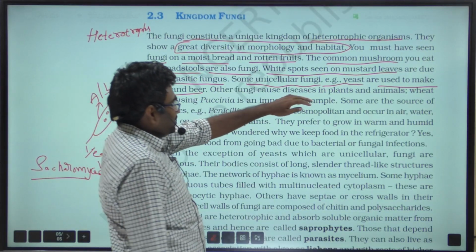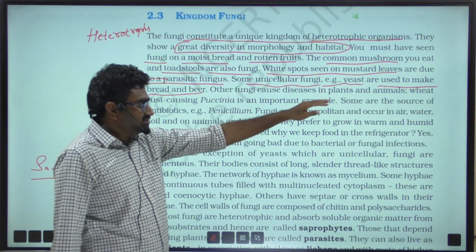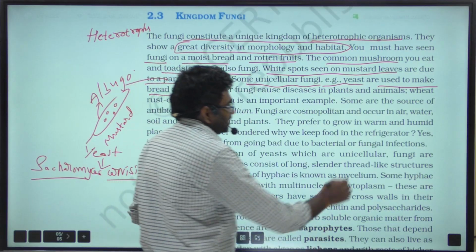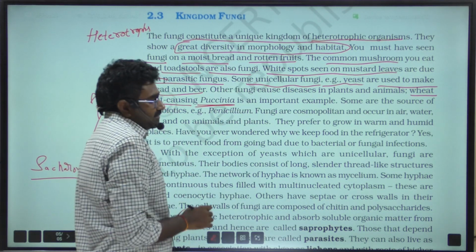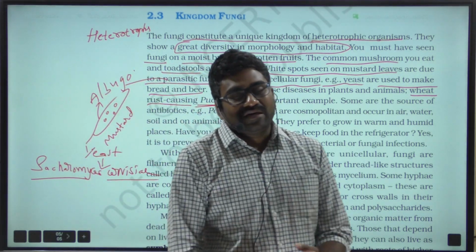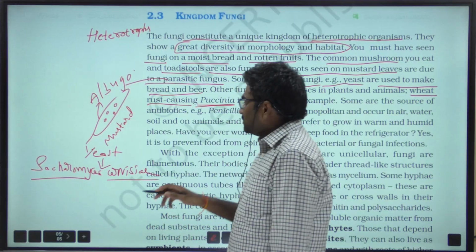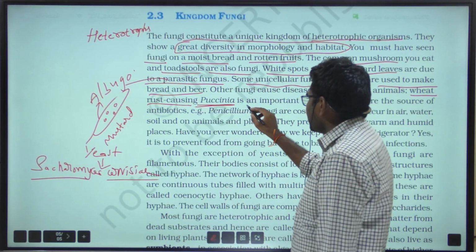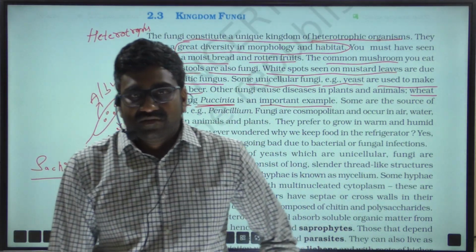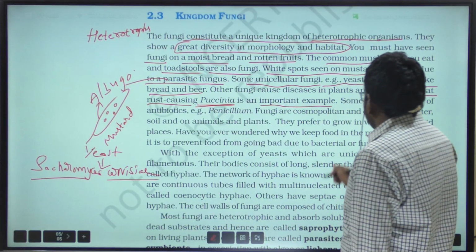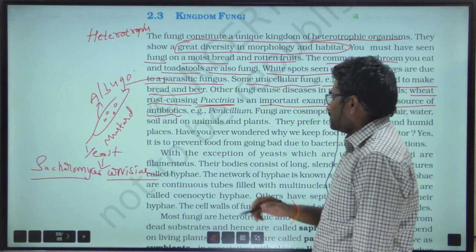So yeast are used to make bread and beer. Other fungi cause diseases in plants and animals, wheat rust caused by Puccinia. That is also an obligate parasitic fungus. So white spots on mustard leaves are caused by Albugo, whereas wheat rust caused by Puccinia is an important example. This Puccinia belongs to the class Basidiomycetes, right? And some are the source of antibiotics. Antibiotics, example: